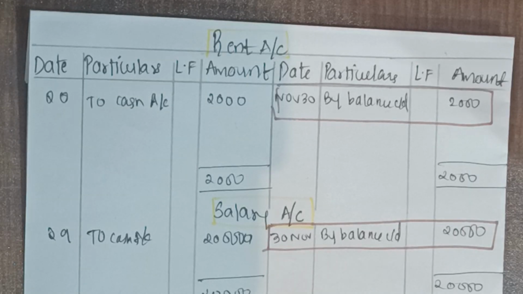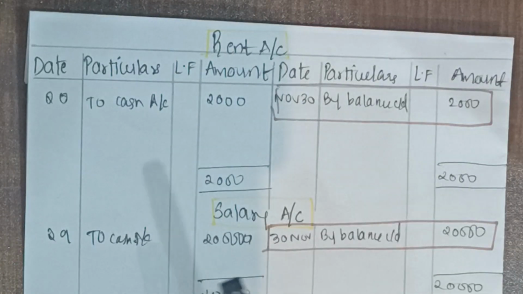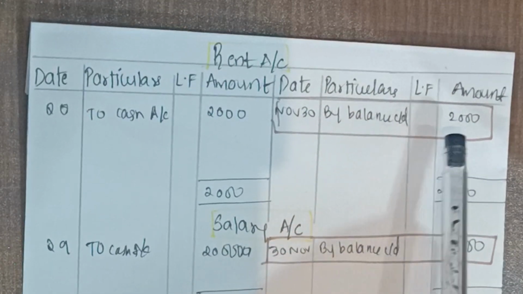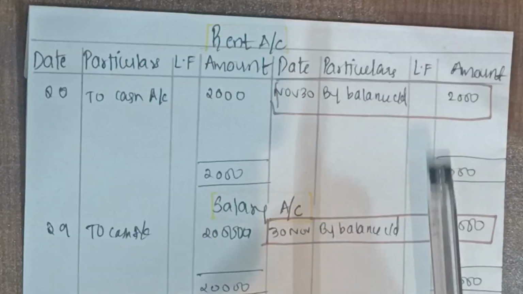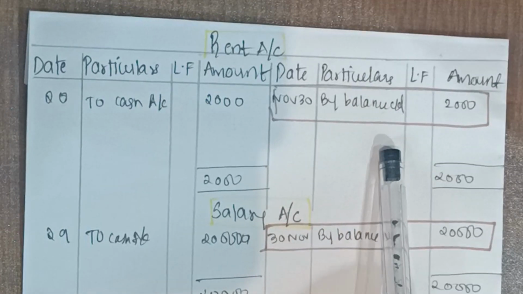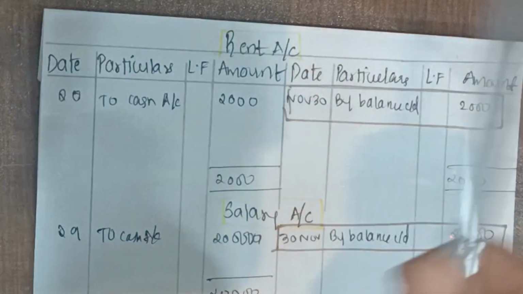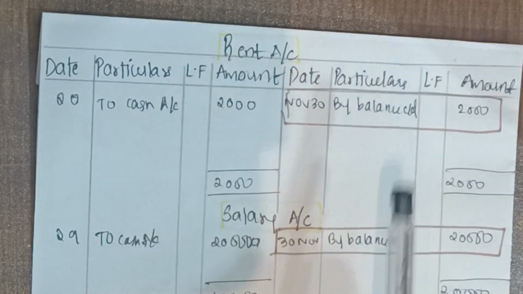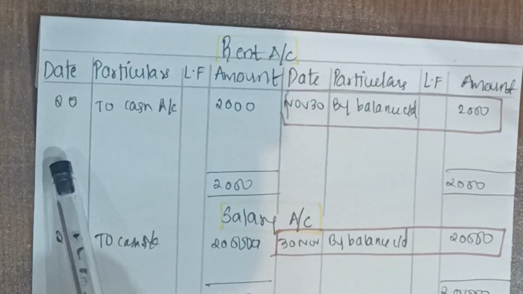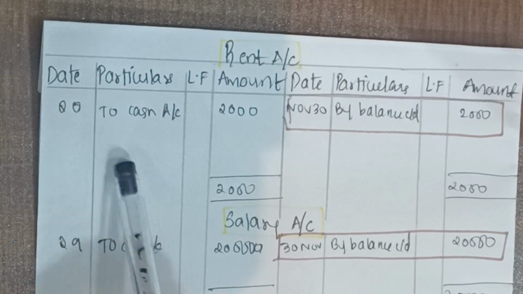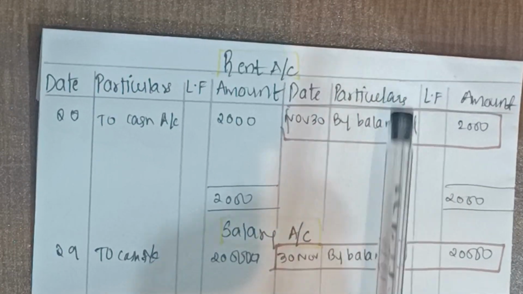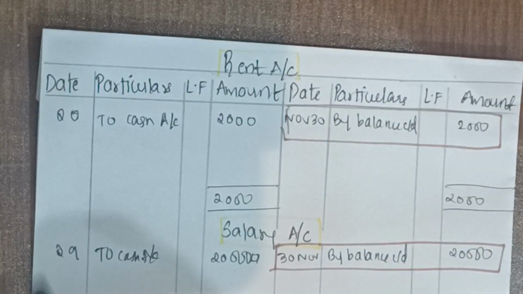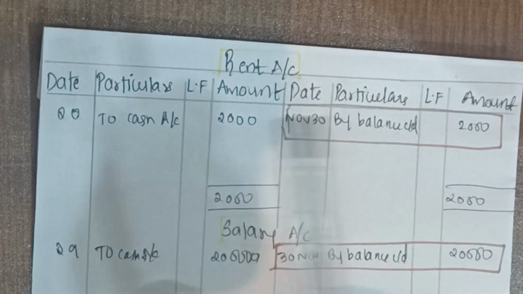Students, one more important thing that you all have to remember is that, like for example, in this account I have written as by balance carried down rupees 2,000, and the date that I have written here is November 30th. So this same amount, this is the closing balance for this month. So for the next month, that is maybe December 1st, we will pass an entry here and we will write to balance brought down. We have to always remember that this entry will become a new entry for the next month. It means it will be the opening entry.